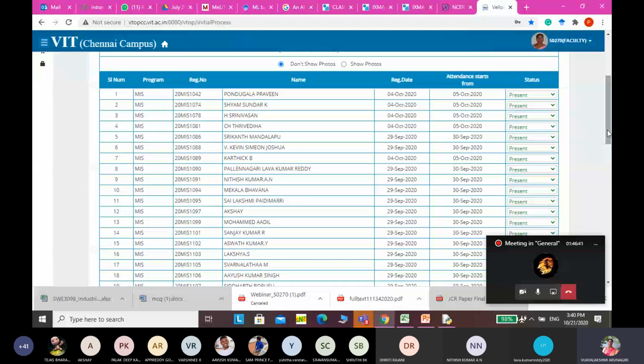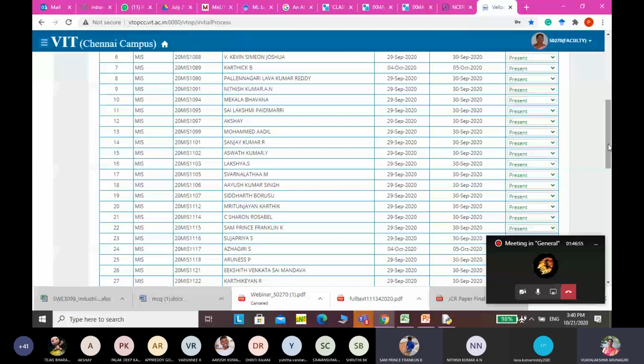Sai Lakshmi, present, ma'am. Akshay, present, ma'am. Muhammad Adil, present, ma'am. Ashwath Kumar, yes, ma'am. Lakshya, present, ma'am. Swarnalata, present, ma'am.